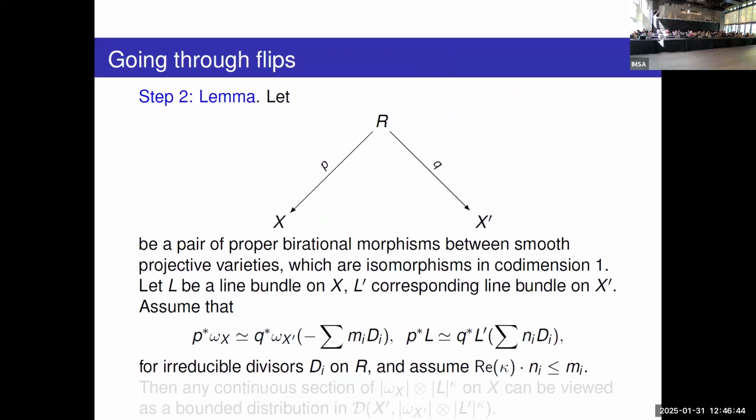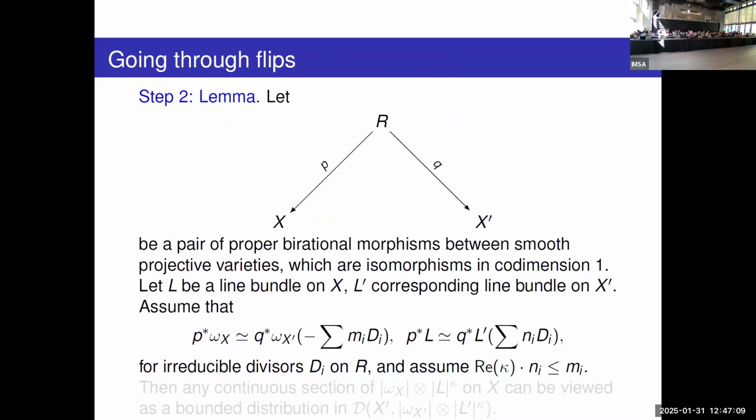So then the next step is going through this ellipse. So you have to go from P1 to PG minus 1. And each time you go through a flip, you apply this lemma here, which tells you what happens. So if you start with some continuous function on X, or continuous density on X,